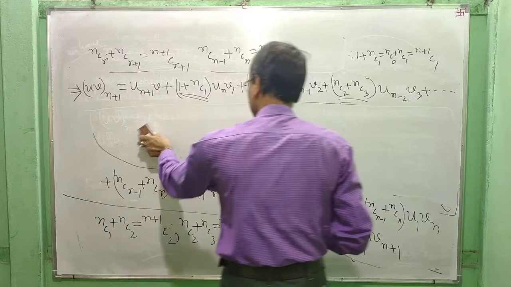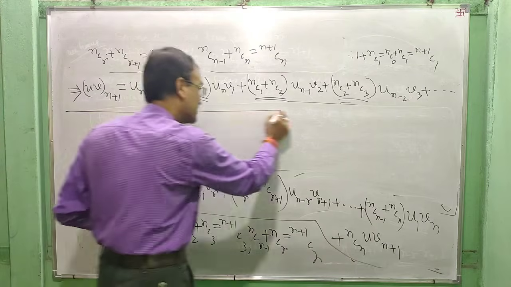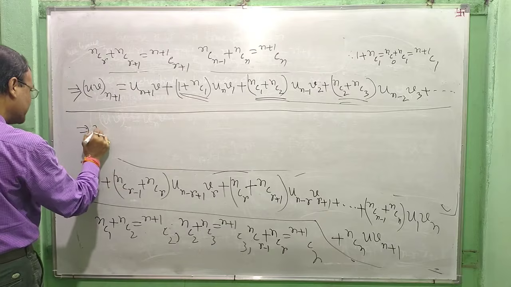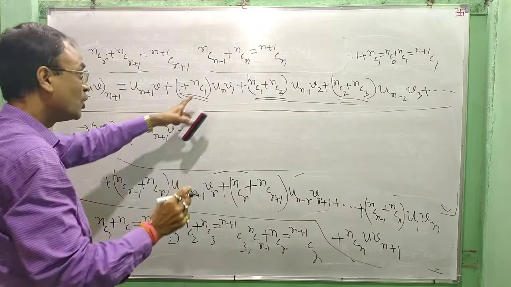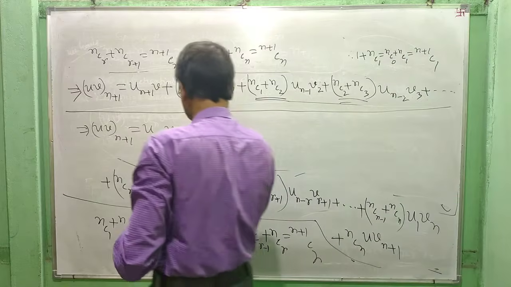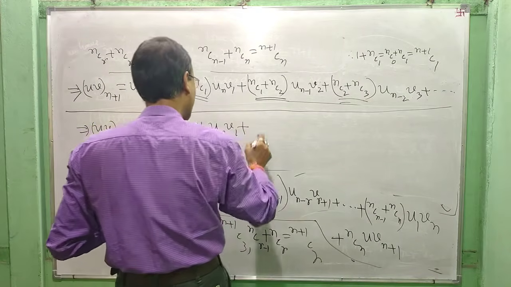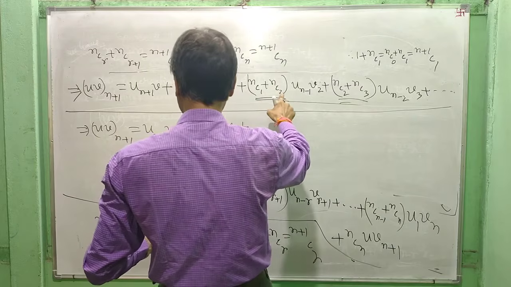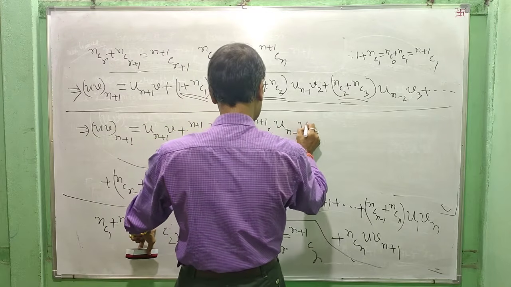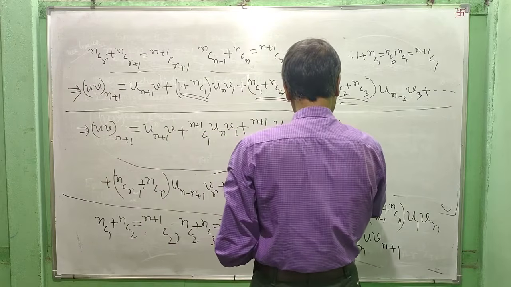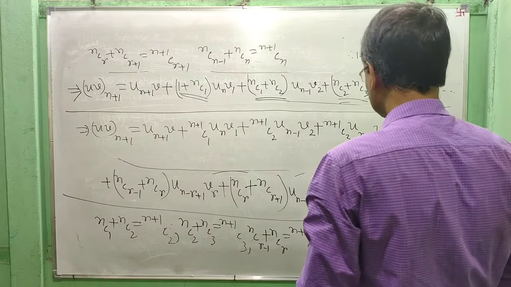Ultimately, I am writing (uv)n plus 1, which is equal to u n plus 1 v plus N plus 1 C1 u n v1, plus N plus 1 C2 u n minus 1 v2, plus N plus 1 C3 u n minus 2 v3, plus